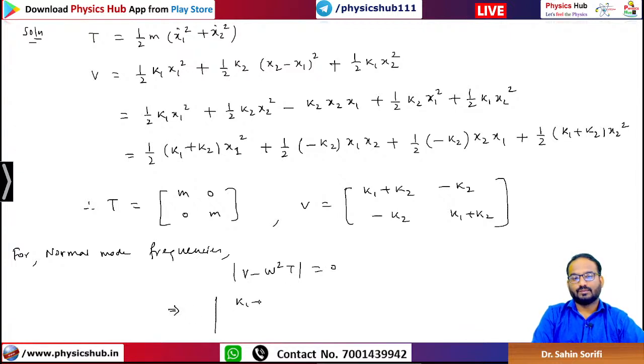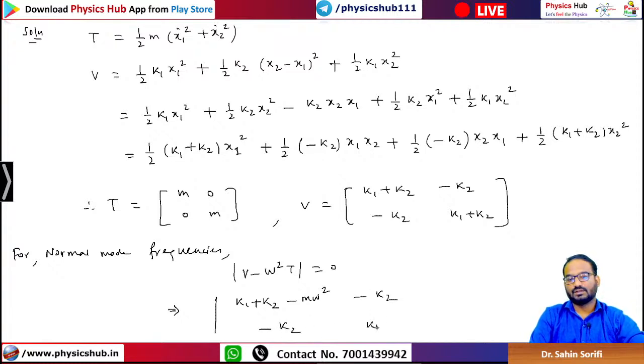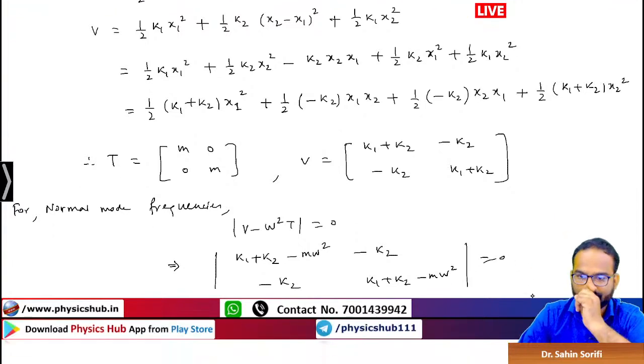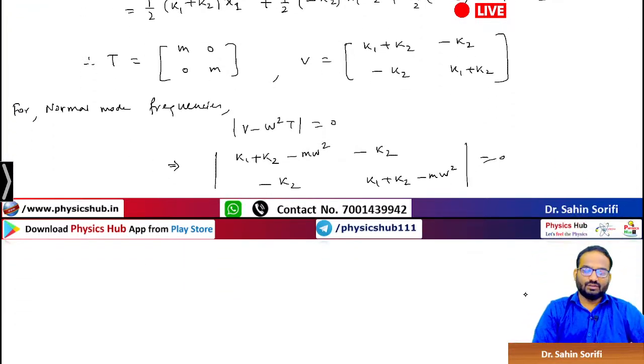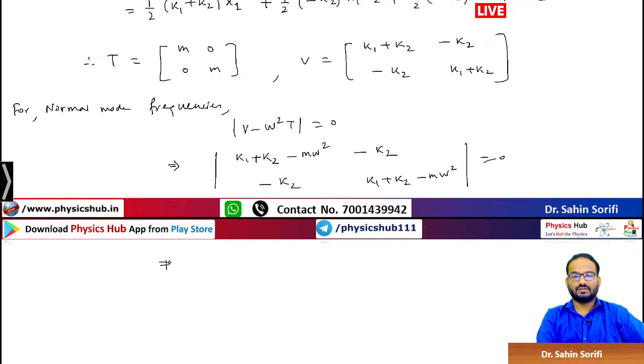So k1 plus k2 minus m omega square, minus k2, minus k2, k1 plus k2 minus m omega square equals 0. Follow the steps, previous step. Actually this is the same problem with some value change. Still, if you want to learn, we have to